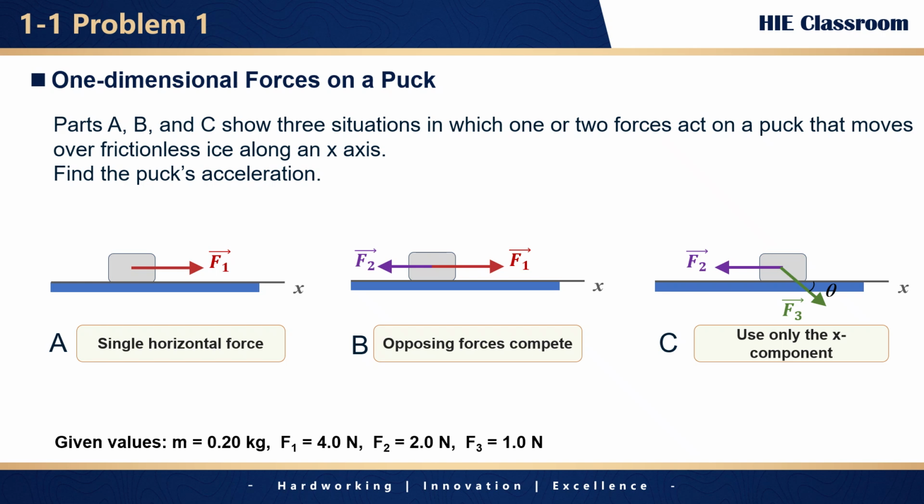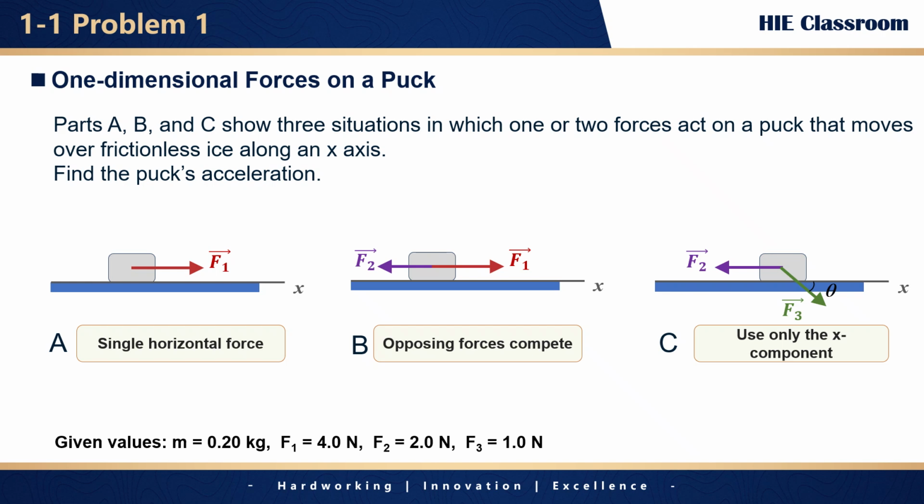In part A, a single horizontal force acts on the puck. In part B, two opposing forces act on it. And in part C, we introduce the angled force F3, where only its x component affects the puck's acceleration along